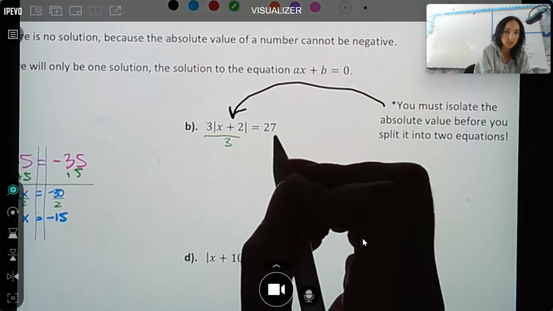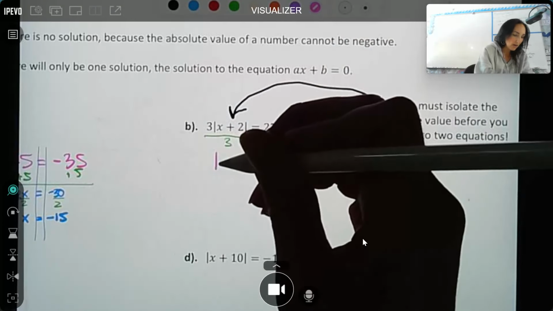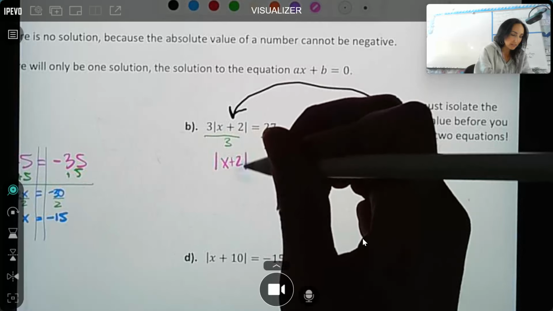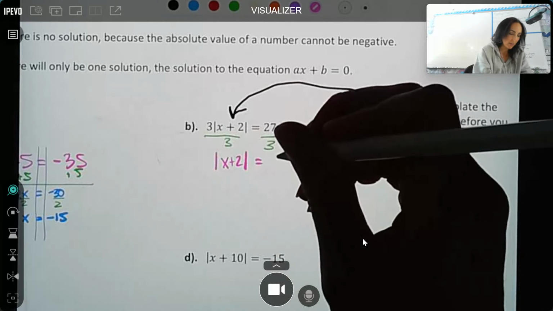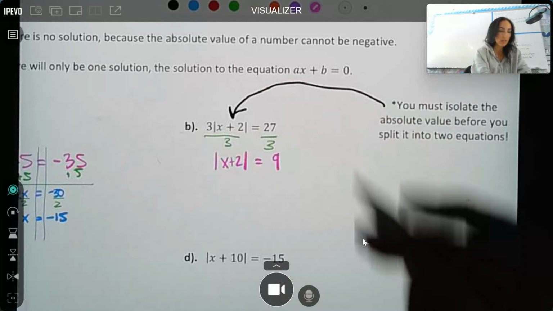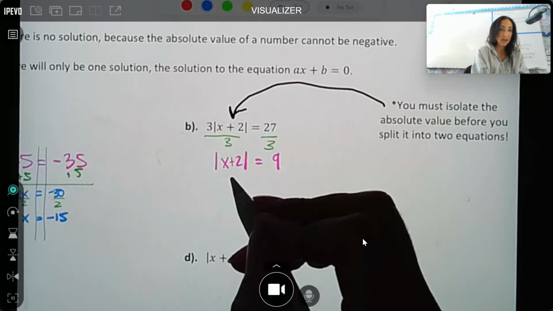So I'm going to divide both sides of this equation by 3. And now I have this absolute value by itself. I have that x plus 2 equals, and 27 divided by 3 is 9. Now that the absolute value is isolated, it's the only thing there, now I can split it into